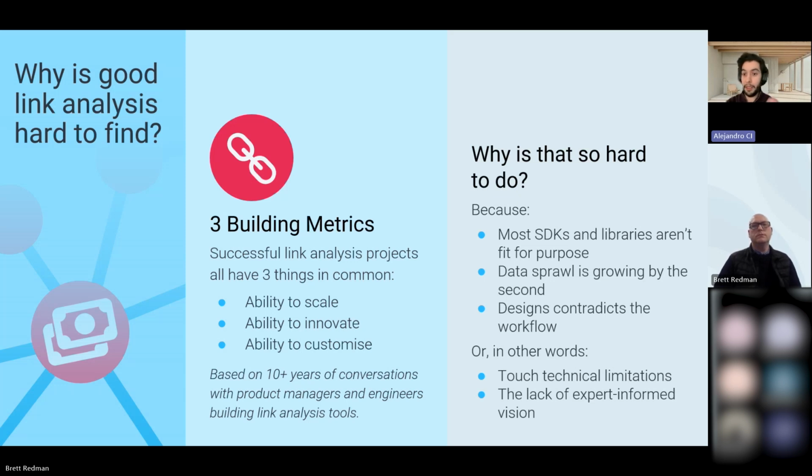The first one is the ability to scale. We all know that OSINT data sets are quite large, and oftentimes the tools that are used to investigate this stuff try to handle multiple different data sets all at once. If the actual link analysis component can't handle that level of scale, both from a performance perspective, but also doesn't have the design elements that help manage that information flow quite easily, it makes it really overwhelming for the investigator and quite hard to keep up.